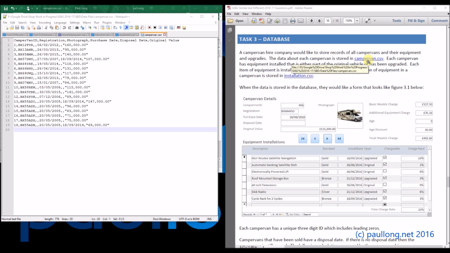One is to do with campervans, one is to do with equipment that has been installed in campervans, and installation actually refers to the installation of that equipment. Now they're all text files, comma separated variable files, so comma separated values. If we have a look at one of these files, this is the text file here, and you can see that it's got titles and the field names, and then here are the fields, and they're all separated by